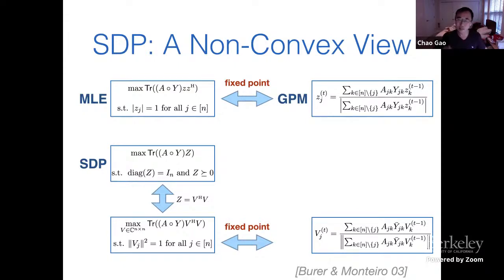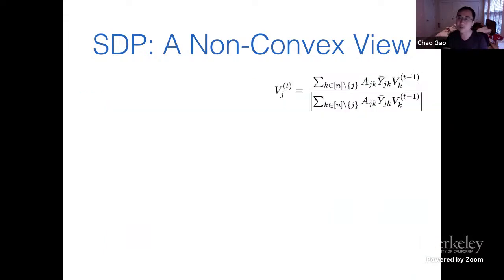So for this iterative procedure, it is very similar to the formula that you have in the power method. You can actually view this as the generalized power method lifted from one dimension to a higher n-dimensional space. And this is what it means, okay? And next, I'm going to give a characterization of the evolution of this iterative algorithm and use that to solve the statistical property of the SDP, okay?